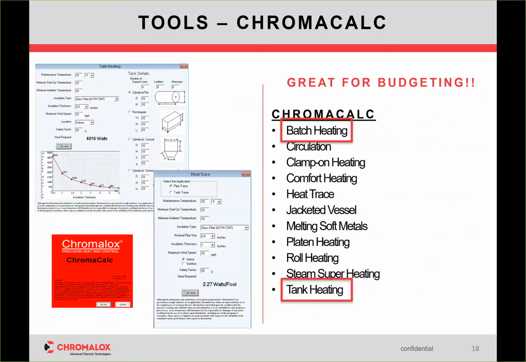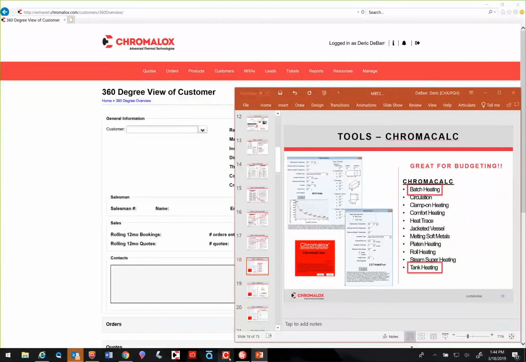Now, is it the most elaborate way of calculating heat loss? No, but it is a great estimator, and it's great for budgeting. And I hope you all, when you're talking to a customer, you can calculate very, very quickly what a customer needs just using this. It's that same equation that I just reviewed,